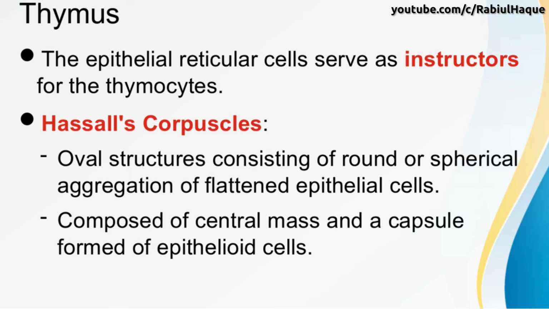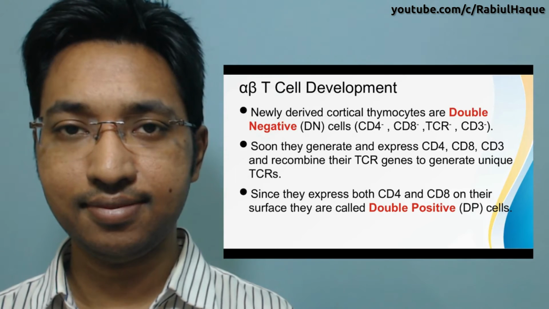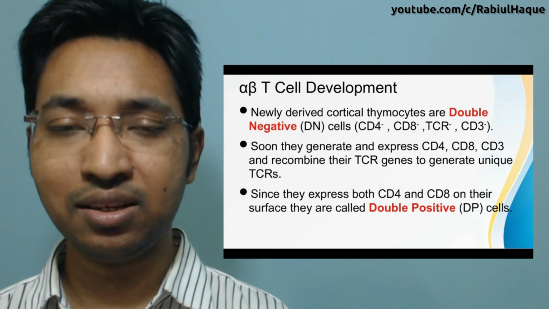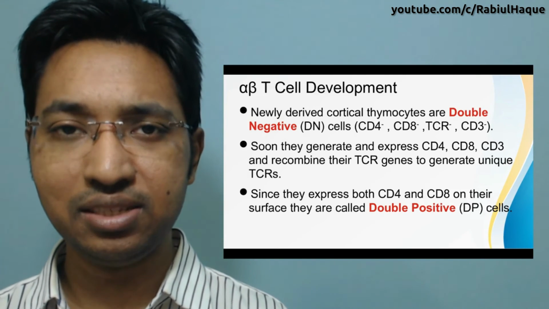Now, in the thymus, you will also find this structure that is called Hassall's corpuscles. And always remember, these are oval structures consisting of round or spherical aggregation of flattened epithelial cells, and they are composed of a central mass and a capsule that is formed by epithelioid cells. So now that we have talked about the thymus, let's move on and talk about alpha beta T cell